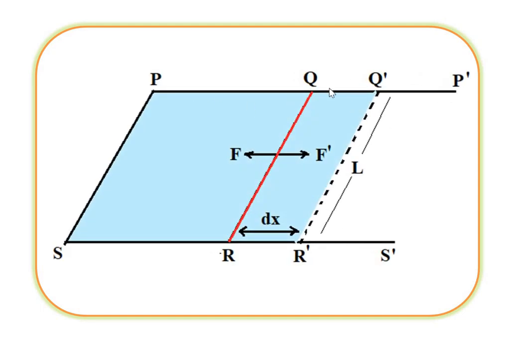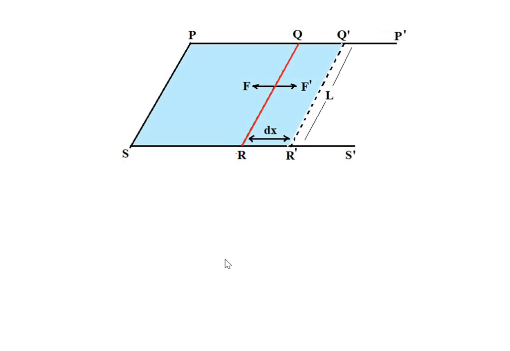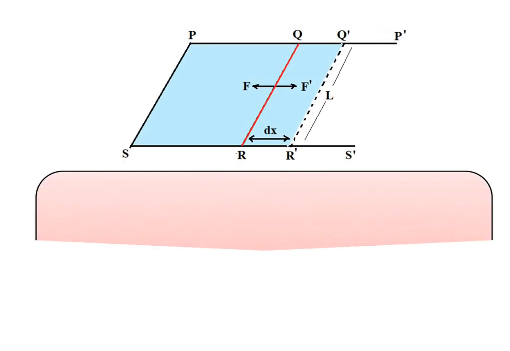Here see this figure, P, P dash, S and S dash. Rectangular frame of wire P dash, P, S, S dash fitted with a movable arm. See this figure, the movable arm is QR. Each arm of the frame experiences an inward force due to the film. So arm QR moves toward the side PS so as to decrease the area of the film. See this figure once again.